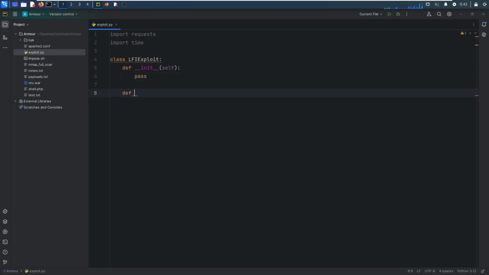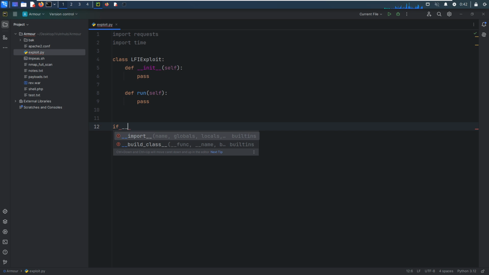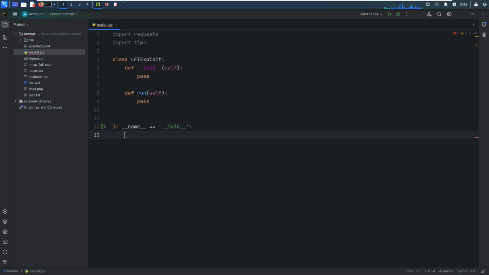Next, of course, we need to define the major method of this class. And as usual, we can make a conditional, if name is equal to main, and then we can instantiate the object of our own custom class.